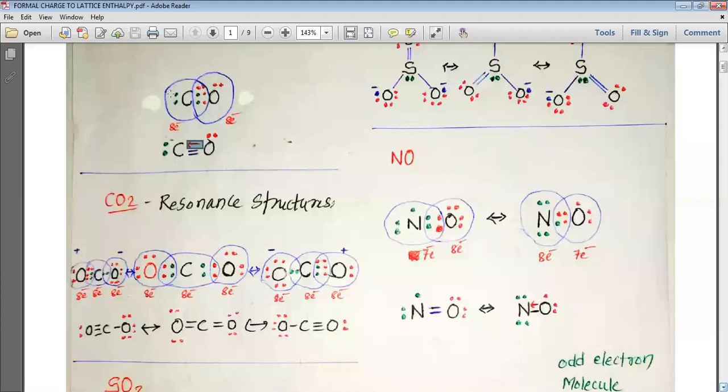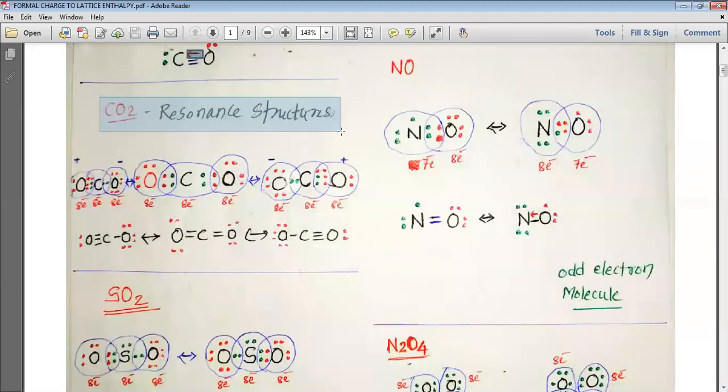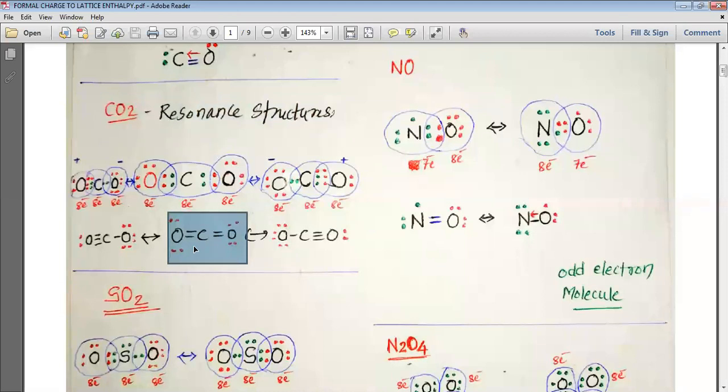Now we should look at the resonance structure of carbon dioxide. Generally, we can represent the resonance structure of carbon dioxide with carbon and oxygen having double bonds, but we can even show this by making a triple bond between carbon and one oxygen and a single bond between carbon and the other oxygen. Where we put the triple bond, this oxygen is going to acquire the slight positive charge on it, and whenever we put the single bond, this oxygen is going to acquire the negative charge on it.